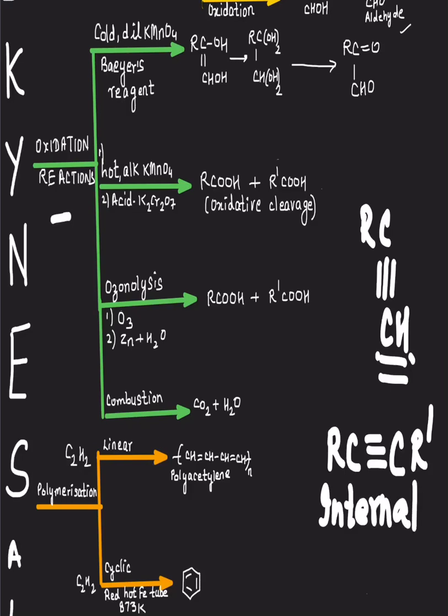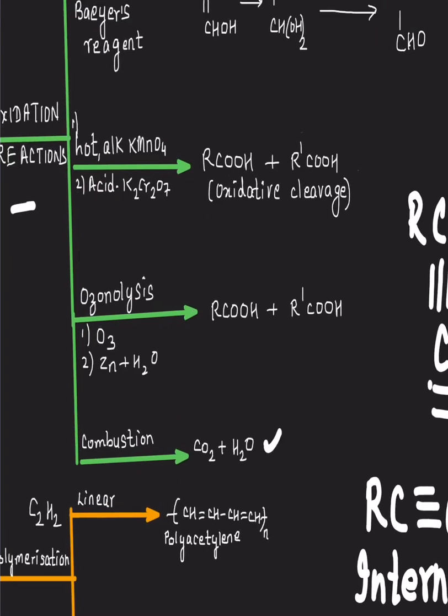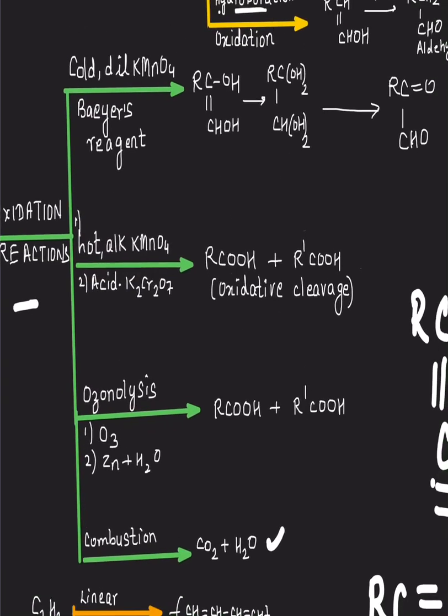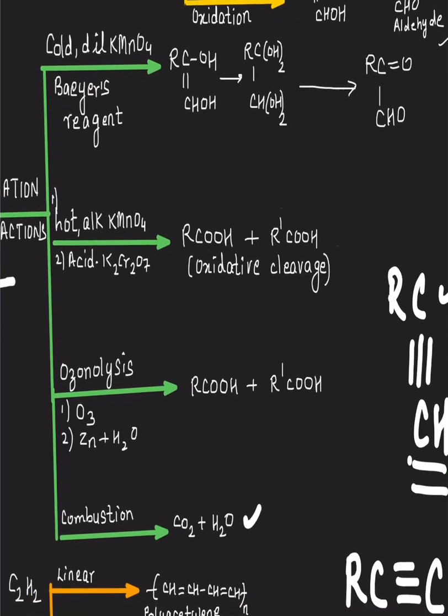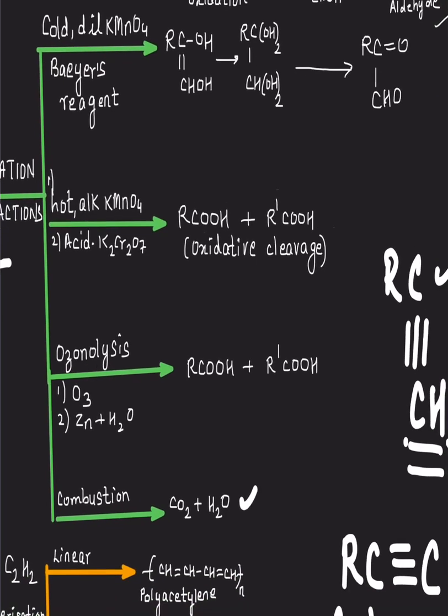Now, I'm taking this because this covers a terminal alkyne as well, and we are going to talk about 4 types of oxidation reactions. First one is very simple, that I'm going to talk about combustion. Do we go ahead with this? Would you like to note down this? So let me expand it a bit for you so that you can make use of this flow chart. Correct. Go ahead. Oxidation reactions.